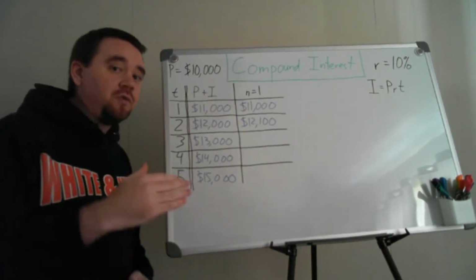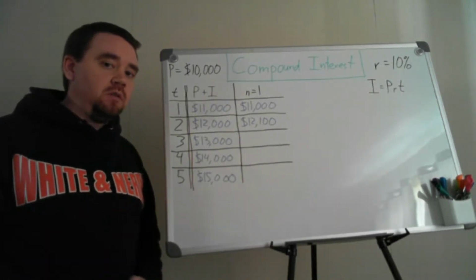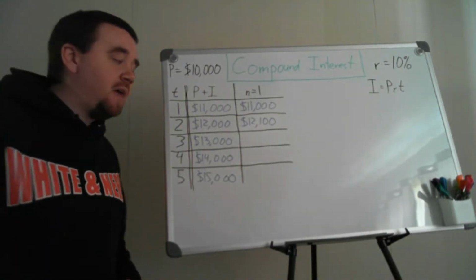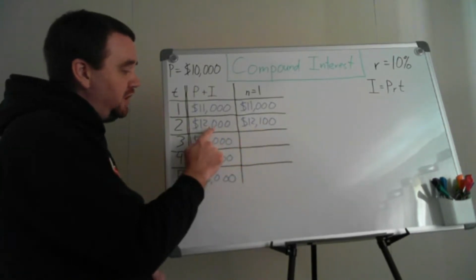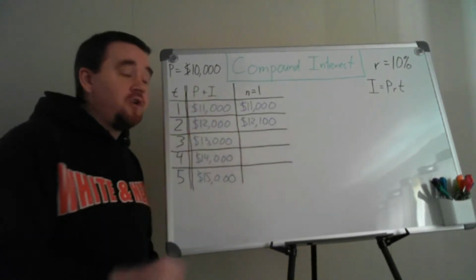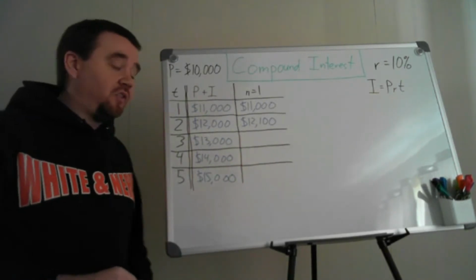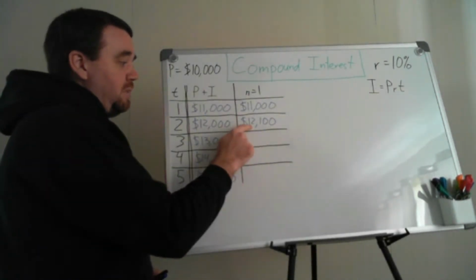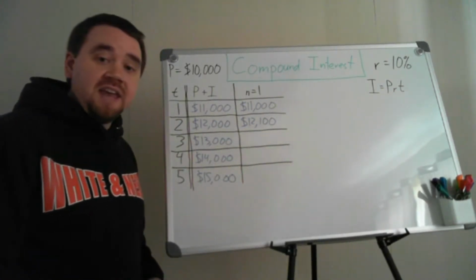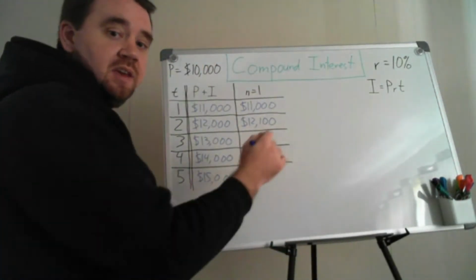There was an extra $1,000 that you owed me after that first year. Well, 10% of 1,000 is 100, which means that $1,000 would have earned me an extra $100 in that year, and thus I should have $100 more than simple interest, which I do. Now, I've got an extra $1,100 that is going to be earning interest the next year into the third year. And so I'm going to calculate my interest for the third year based on this new updated principal of $12,100. And what I would get at the end of the third year, plugging it back into this formula, and then adding back into P, is